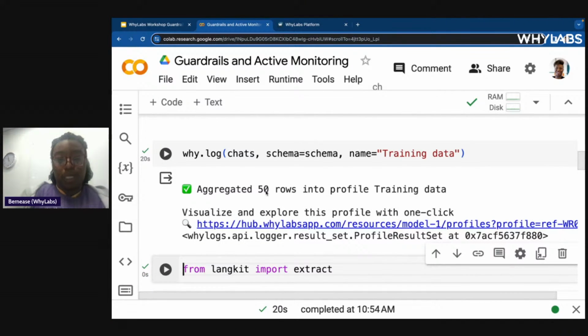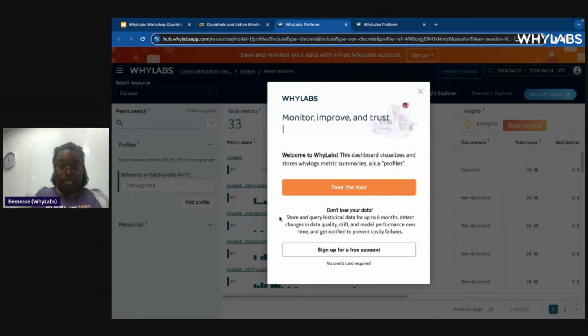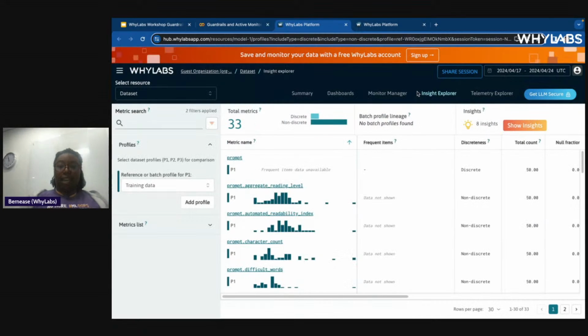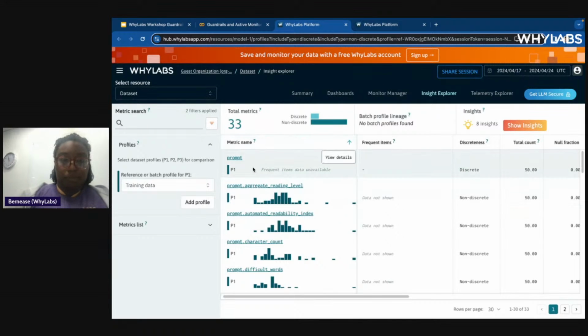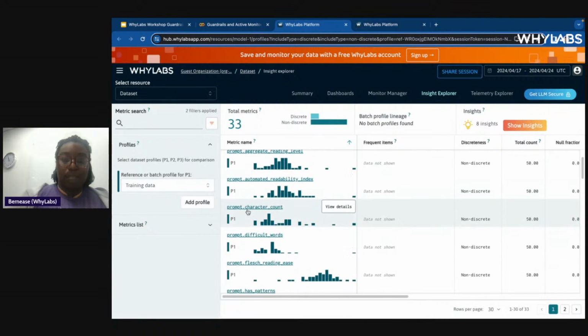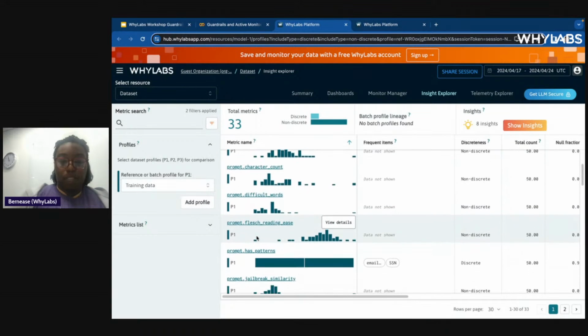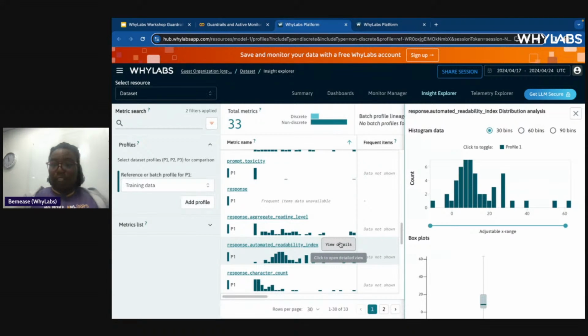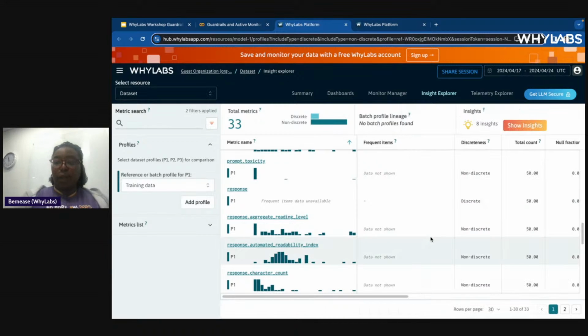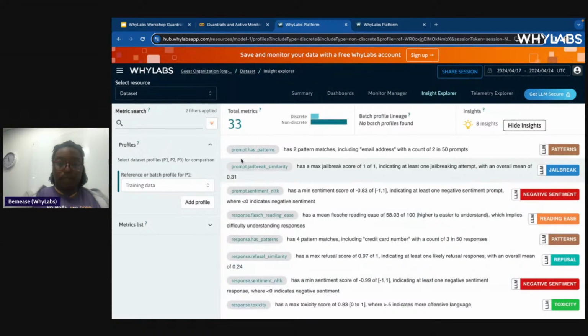Okay, so once this is run, you should be able to click on the YLabs app link, and we see some things here because this is an anonymous account. And we see a number of metrics that have been calculated, right? So we only passed in prompts and responses, but LangKit did the work to come up with all of these different metrics for the data and calculate those. And then when the profiles with this sort of statistical information about the metrics was passed across to YLabs, we can see things like,